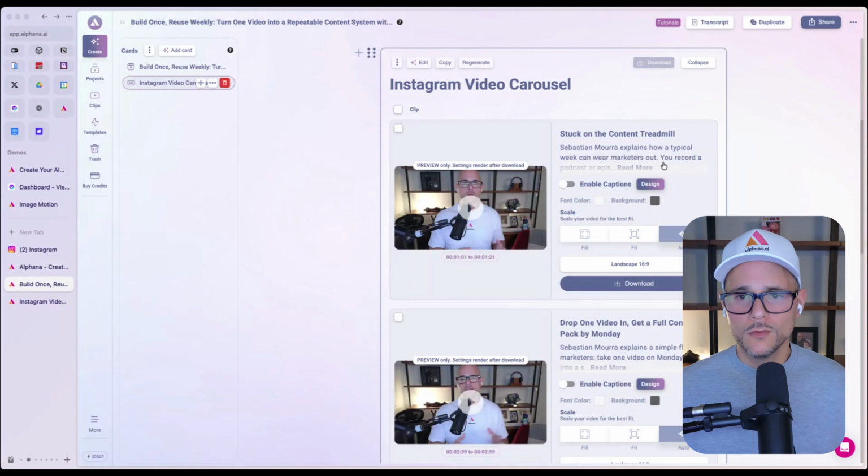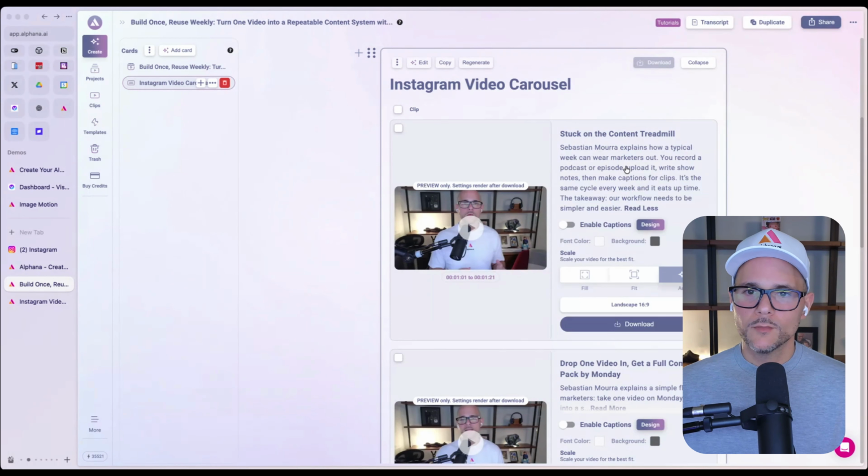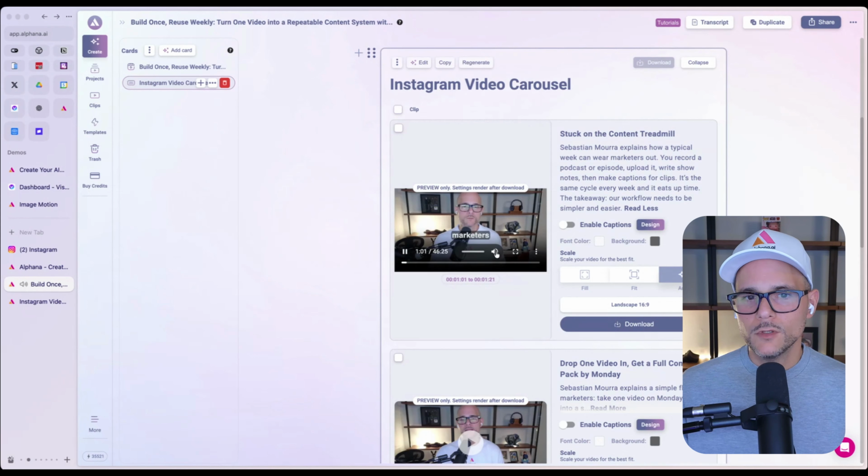Again, we don't want to do the same work over and over again. So in this case, what am I going to do? One, I could take a quick look here and read what each individual clip is about, right? Down here, you can see the timestamps that it used. Not only that, but I can click play and I can preview what this part of the video is about,